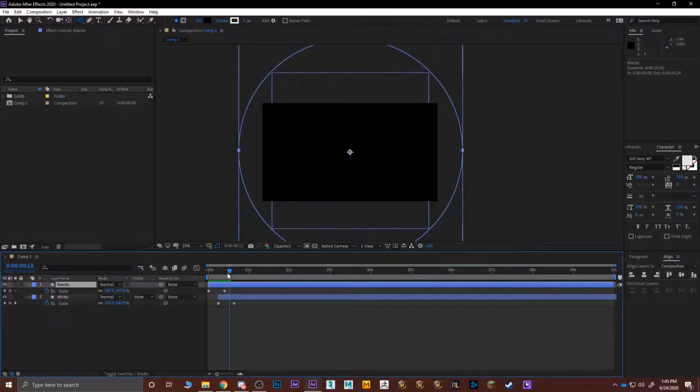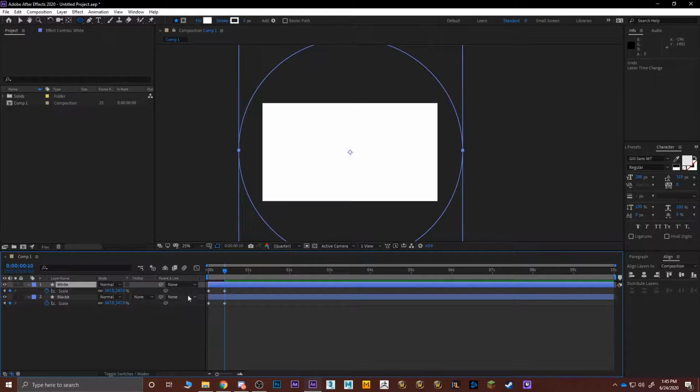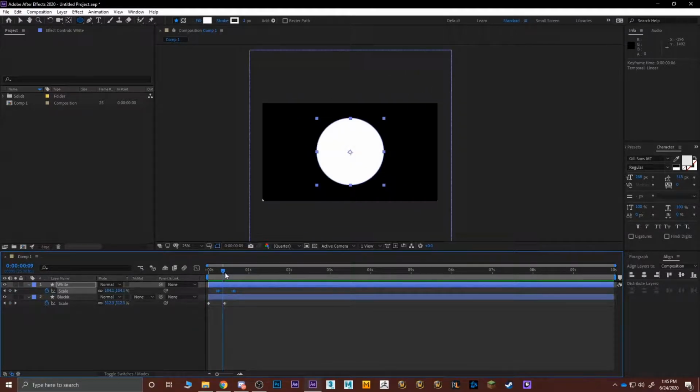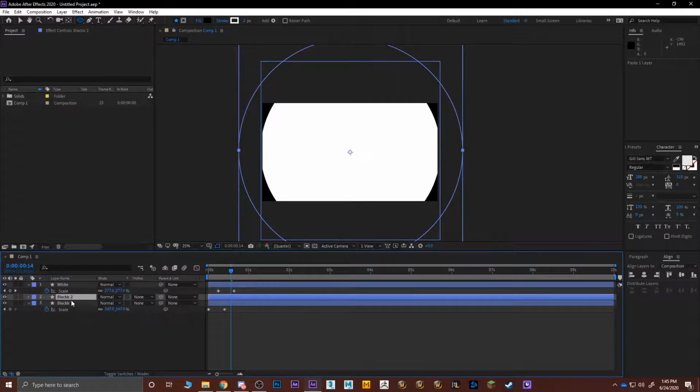So, scales up. Oops, sorry, I made a mistake. Here, the white stays up, the black stays under. Perfect. So what I can do is take these keys and move them a bit forward in time. It's going to go black, then the white will show up, and then we can take the black, Control C, Control V, put it on the top,